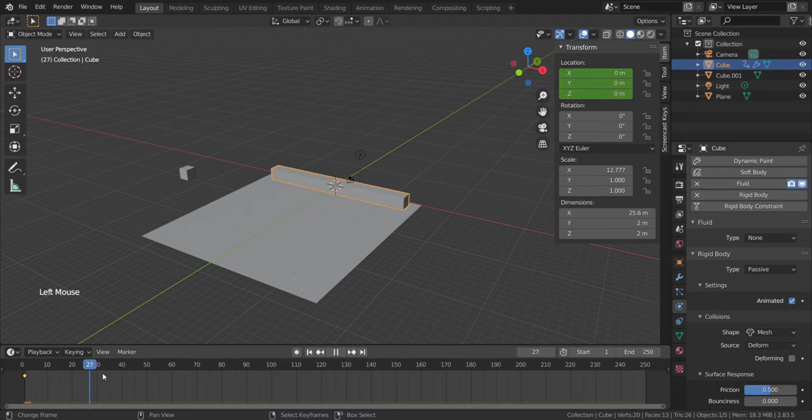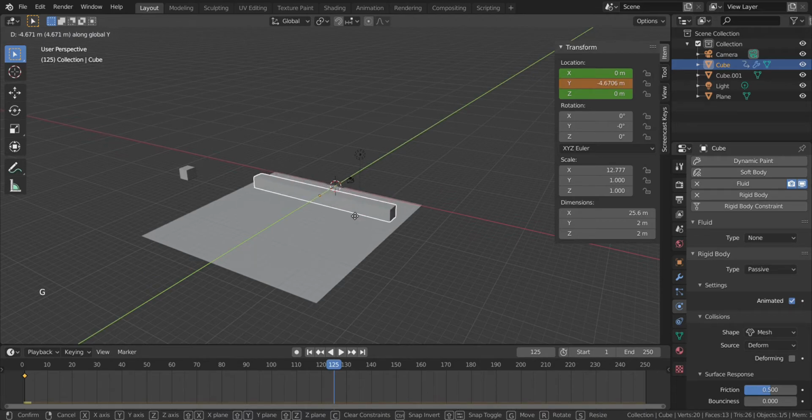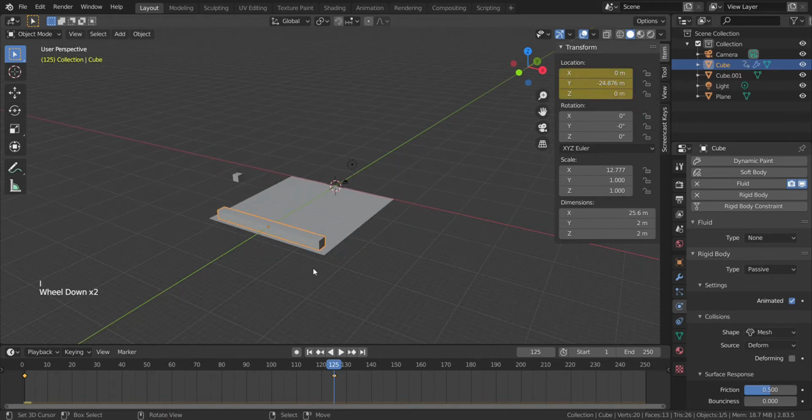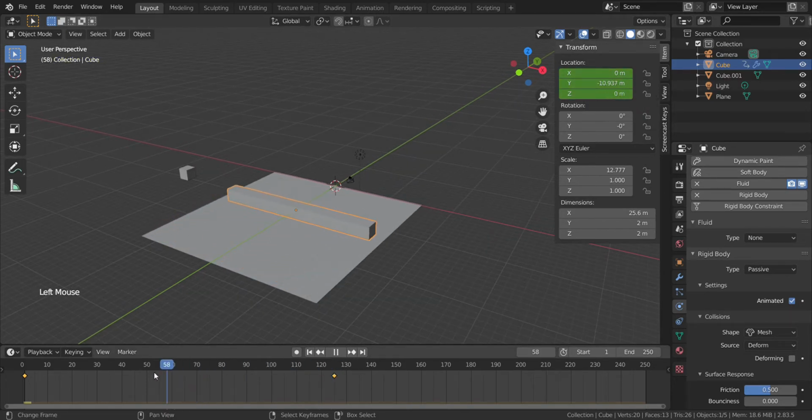Similarly, now we will move to frame number 130 or 120, 125 would be fine I think. So select our cuboid and then press G and Y and move it up to the maximum forward position. And now we will again put a keyframe on this value at 125, and for that again move your cursor out here and press the I button. Now if you move through your timeline, your cuboid will start moving from the first keyframe to the 125th keyframe. It looks nice.